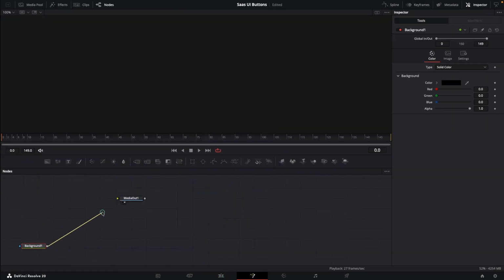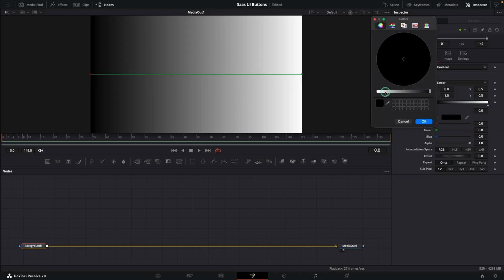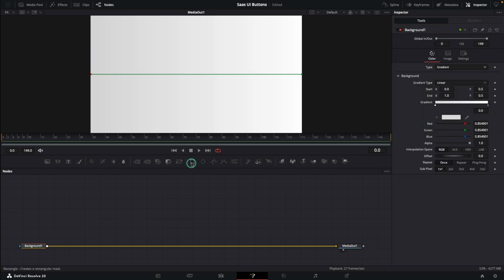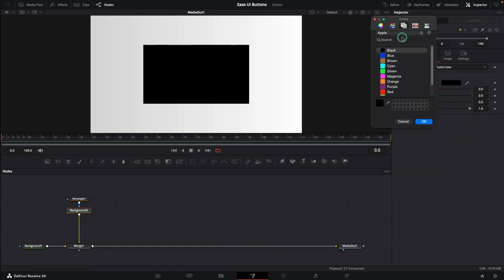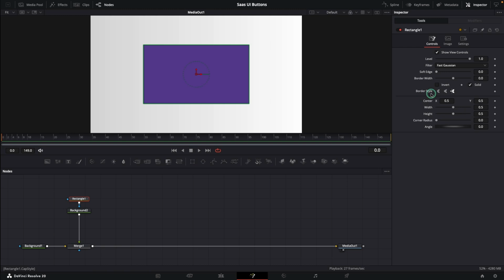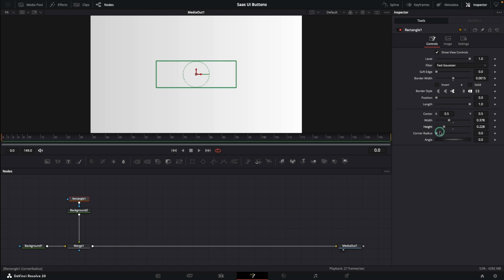Add a background node and connect it to media out. Choose a gentle gradient as background. Now I'll start by bringing in a rectangle node and a background node and merge them into the main pipeline. Choose a color. In the rectangle node, uncheck solid. Increase the border width a little, adjust the width and height to make a small bar, and increase the corner